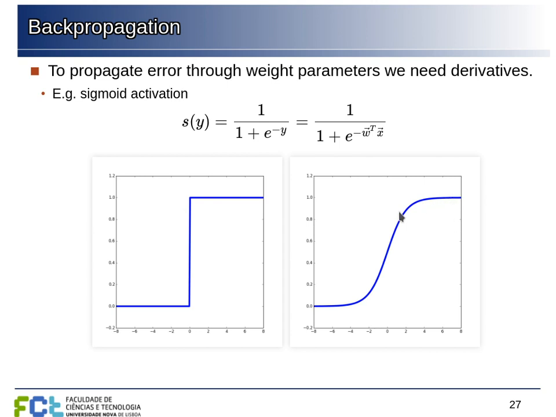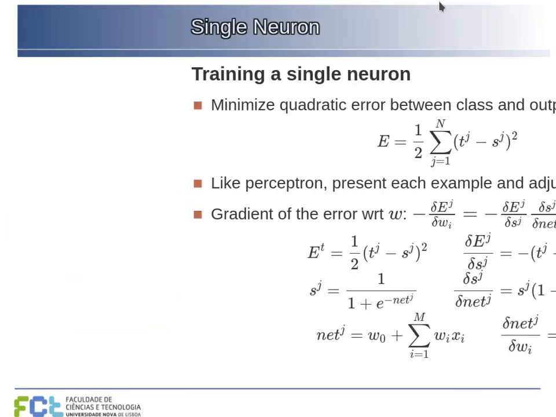Or that we can at least compute the derivative everywhere and don't have these strange corners here where the derivative becomes infinite and things like that. So instead of this type of threshold function, we can use, for example, the sigmoid activation function. There are other functions that are more efficient, but this one is easy to understand because it's smooth like this, and we can compute the derivative everywhere without a problem.